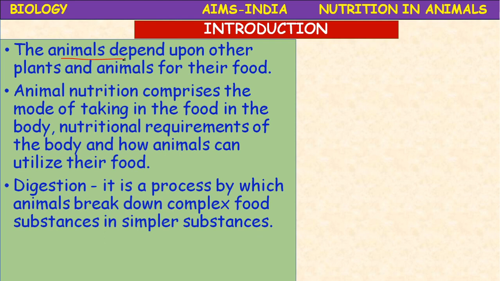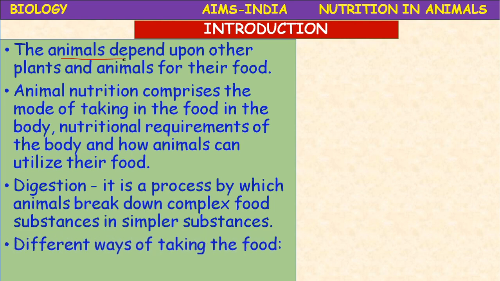The process of procurement of nutrients is called nutrition. Digestion is the process by which animals break down those nutrients. There are different ways of taking food by animals, which include